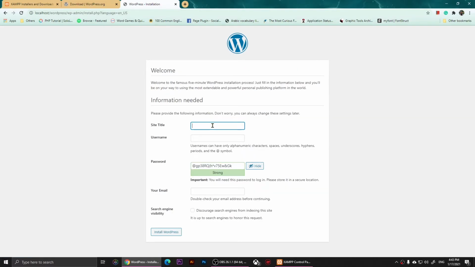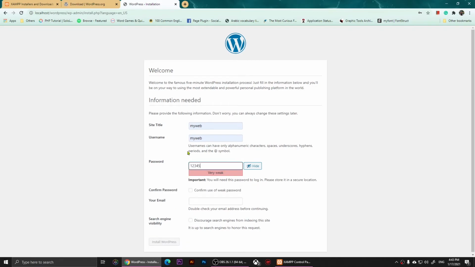and right here you'll need to add a site title here. So I'm going to call it my web. Alright, so my web, and I'm going to make the username the same thing, and I'm going to choose a basic password for myself, and I'm going to click on confirm use weak password,